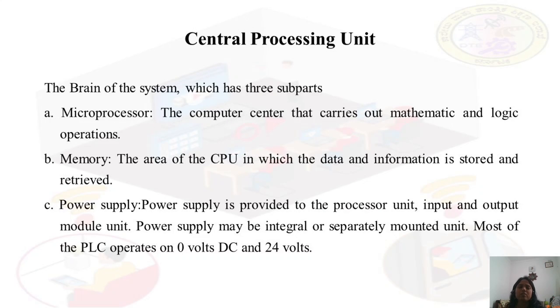CPU is the brain of the system, which has three subparts. Microprocessor. What will this microprocessor do? It will carry out all your ALU operations, that is arithmetic and logic operations. The computer center carries out mathematical and logical operations, and also it will control the operations. Next one is your memory, the area of the CPU in which the data and information is stored and retrieved. In the memory, you will be having different types of memory: ROM, RAM, EEPROM, NVRAM, flash memory,